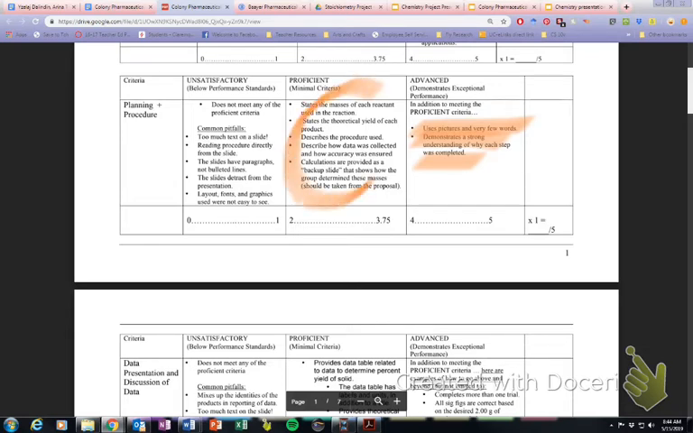If you just do it in words and describe how the procedure was used, basically copy and paste again from the actual lab report, then you'll get proficient, maybe unsatisfactory, right? Make sure there's not too much text on the slide. All right, the next part down we have